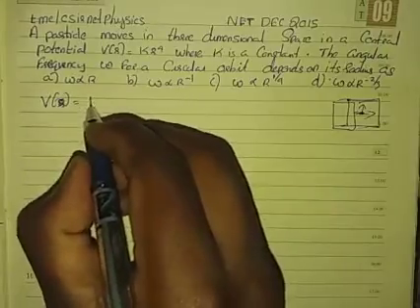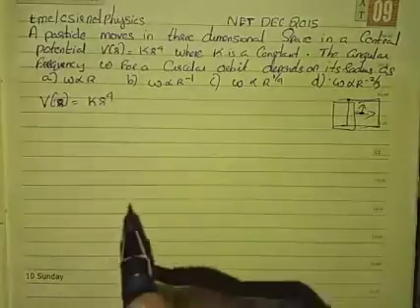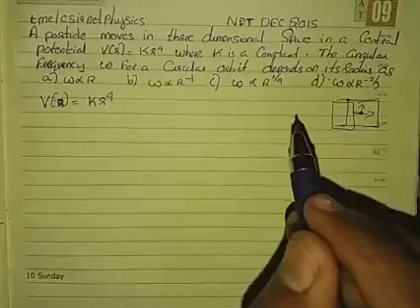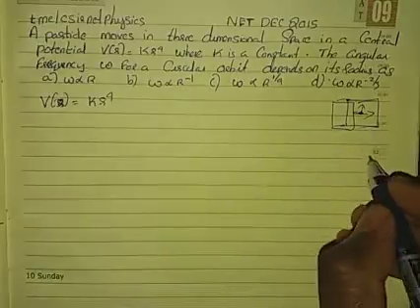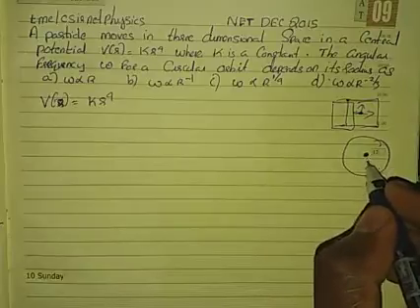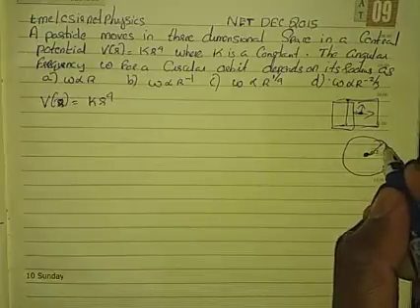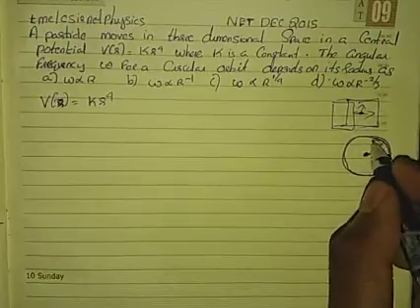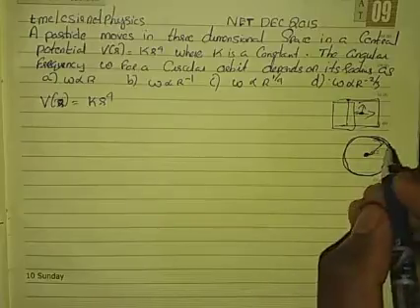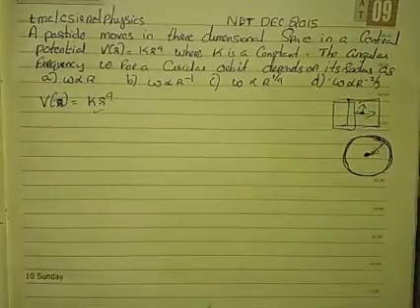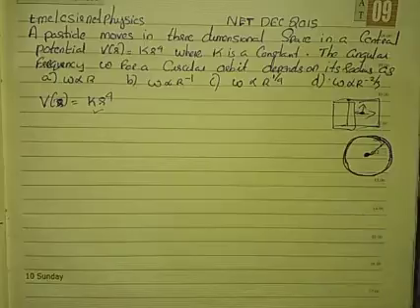on the particle, which has the magnitude of kr raised to 4, where k is a constant, and the angular frequency omega of the circular orbit depends upon. So there is a central potential here, and as a result of it, the particle is moving under the influence of some force which is acting towards the center in an orbit which could be circular. Okay, it could be circular, and the particle is moving in such a way around that central potential with this magnitude. So what we need to find out is omega, which is the angular frequency of the circular orbit. That's what we need to find out.